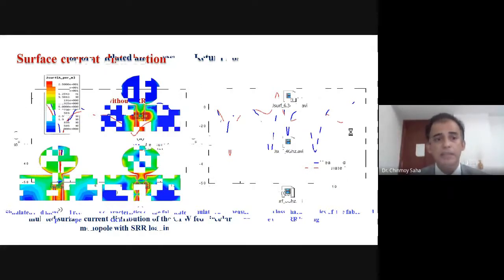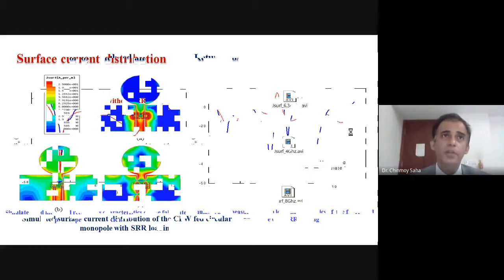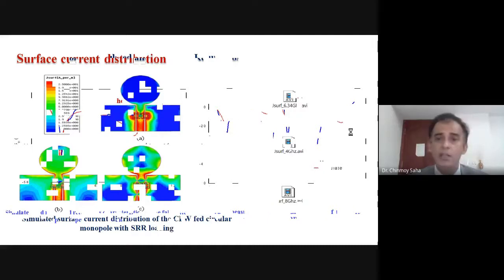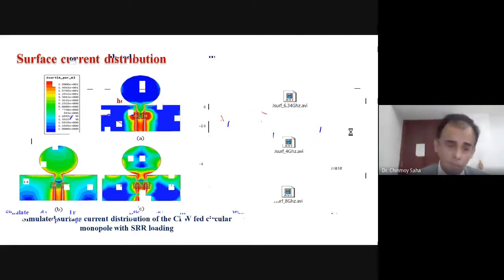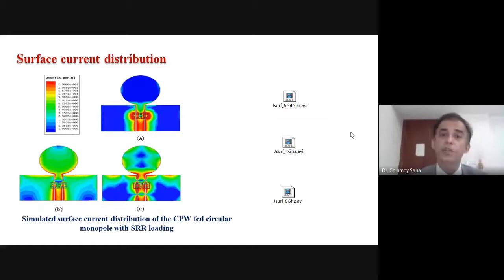So as you can see, this particular resonator was designed for typically 6.3 gigahertz, 6.34 gigahertz. So except at that frequency, these SRR resonators are transparent. At this particular frequency, as you can see over here, at 6.34 gigahertz, this antenna is not excited. Why? Because this resonator is a very high Q resonator at that frequency. This causes huge impedance mismatch. So the signal, instead of going in this direction, it's basically